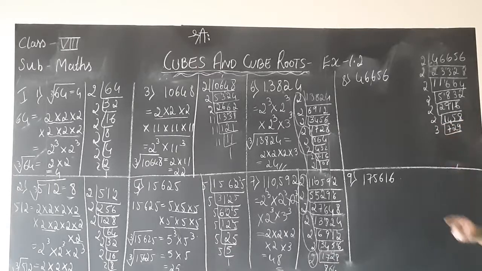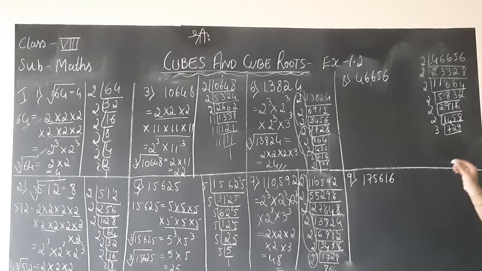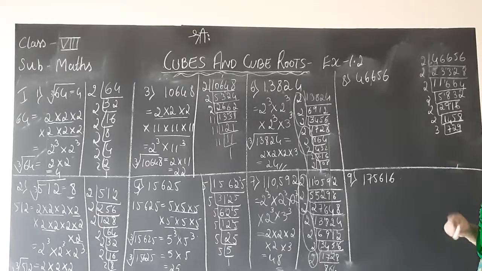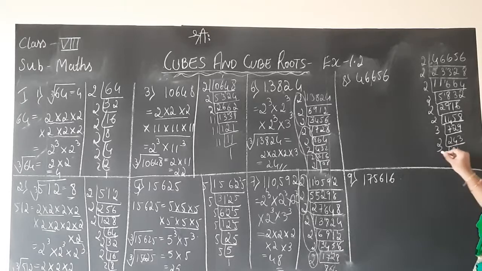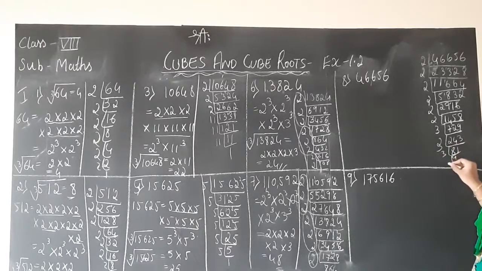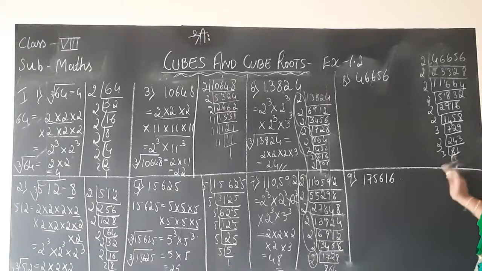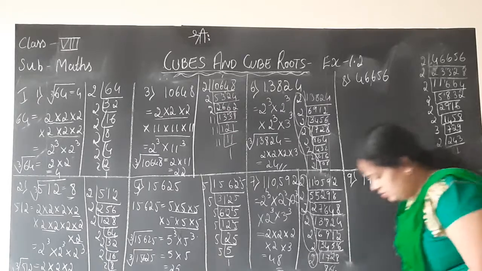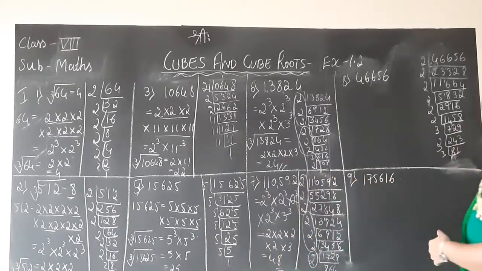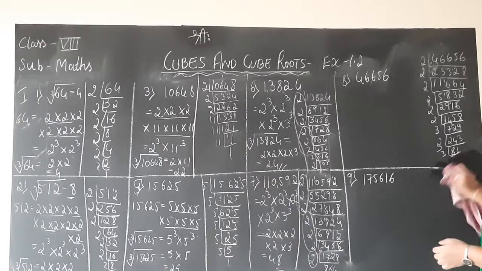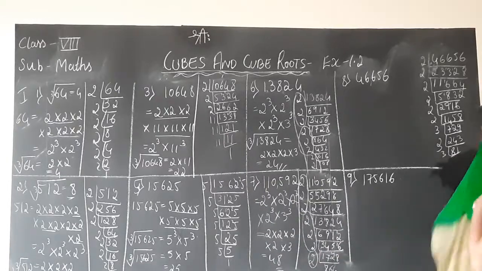So 729 we got. We already know 729 is the perfect cube of 9, isn't it children? So hope you can know the answer now. How many times should we get 3? We will check. 3 2s are 6, 3 4s are 12, 3 3s are 9. Again I go with table 3. 3 8s are 24, 3 1s are 3, oh I'm sorry. I will clean this part, children, because I need more space. Again while doing the next problem I will clean that part. Hope you will follow.